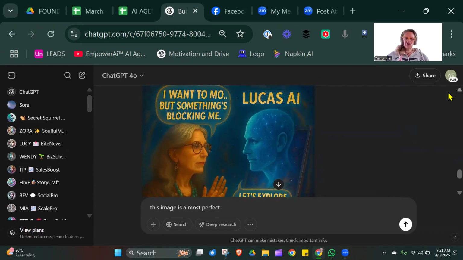So this is an image that I've created to visually represent the agencies that I'm creating using ChatGPT. And it can be a bit of a difficult concept to get, because if you're not familiar with using ChatGPT, you're not familiar about the human connection with the AI, it's a bit difficult to get your head around. But now you can create images that can give a visual representation of what it is that you want to